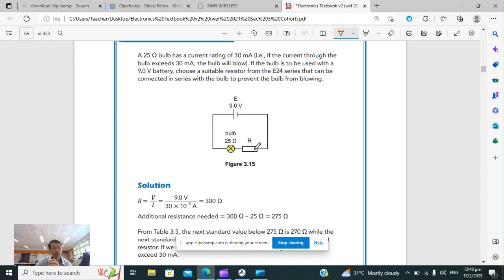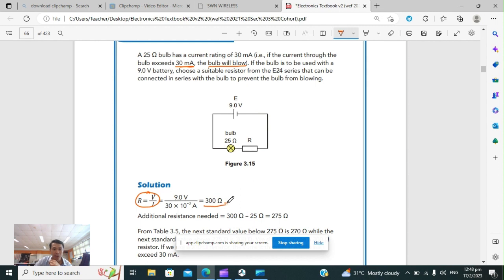Always have a resistor in series with your appliance. It's always a good habit. So the question states that I cannot have more than 30 milliamps, otherwise the bulb will blow. So already in this situation, you are talking about limiting the current, limiting the amount of current flowing. So remember this. I'm going to use V equals IR, Ohm's law, to calculate, and I realize that